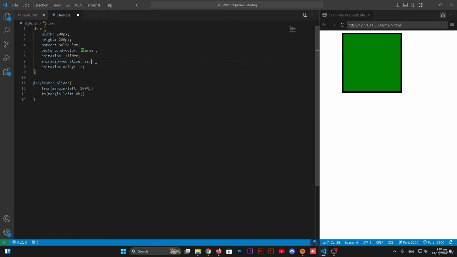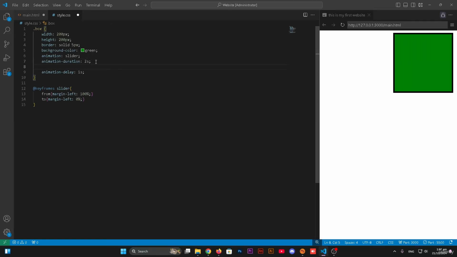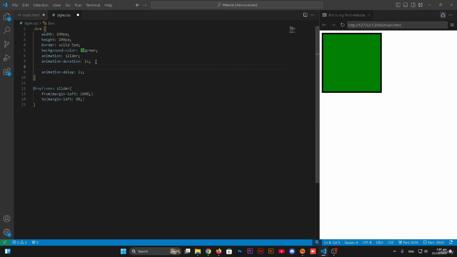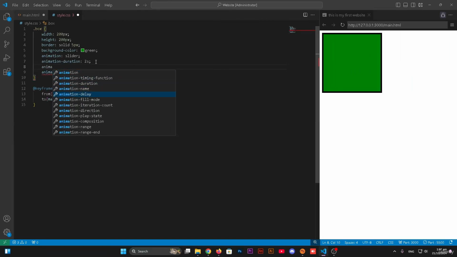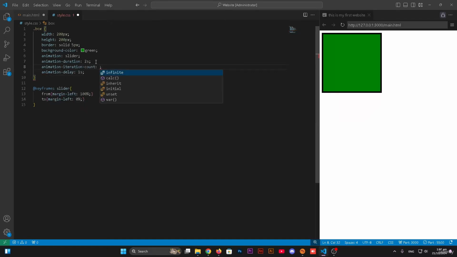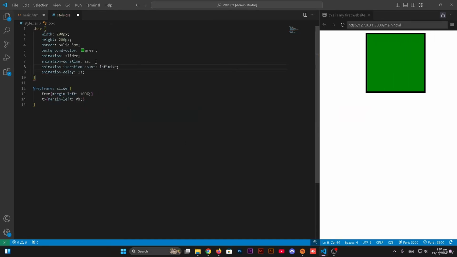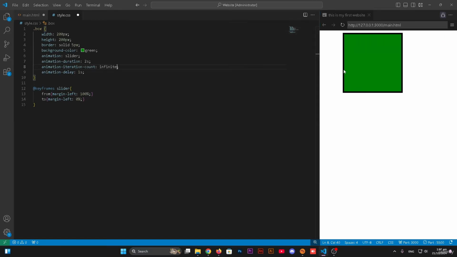Let me add another attribute called animation iteration count and set it to infinite. If you do this, it's going to repeat until infinite, and it's not going to stop. So this is going to happen. We can